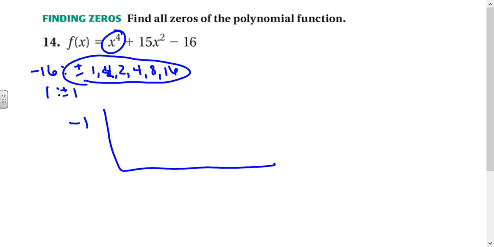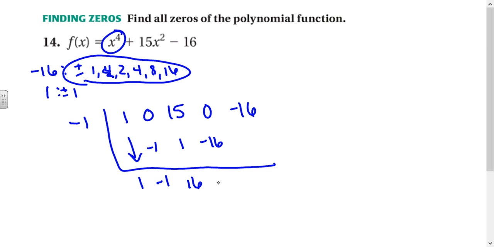So I put -1 on the outside, then I have to put all the coefficients on the inside. Now I have 1x to the 4th, but I skipped x cubed, so I'm going to put a 0 there. 0x cubed, 15x squared. I skipped x, so I have to put another 0, and then -16. So I bring this one down, and then I multiply, so I get -1, and then I add, so I get -1, and then I multiply, and I get +1, and then I add, and I get 16, and then I multiply, and I get -16, and then I add, and I get -16. I multiply one more time, and I get 16, and when I add, I get a remainder of 0,